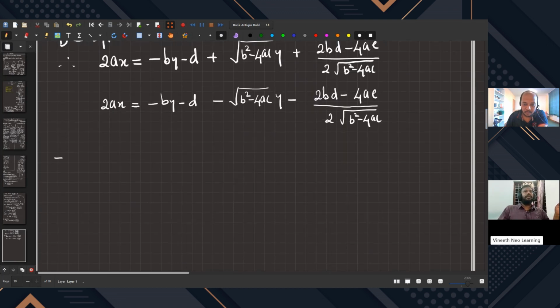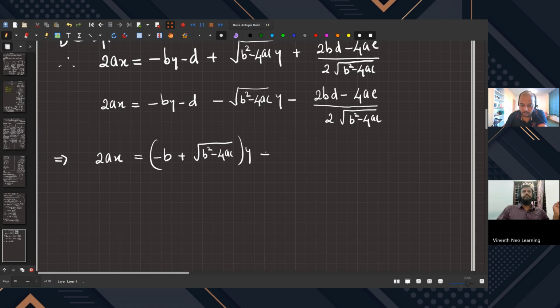Now take y terms common. So we get 2ax minus 2ax equals minus b plus square root of b squared minus 4ac times y plus the constant terms 2bd minus 4ae. It's something like the quadratic equation, isn't it? No, it's not a quadratic equation. Just minus d. There is a d here,